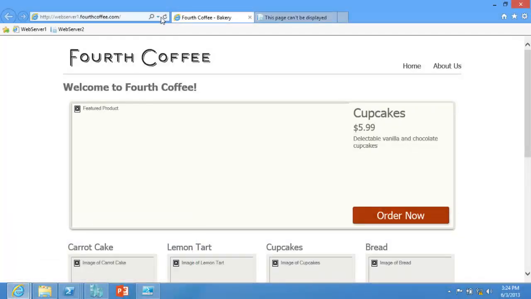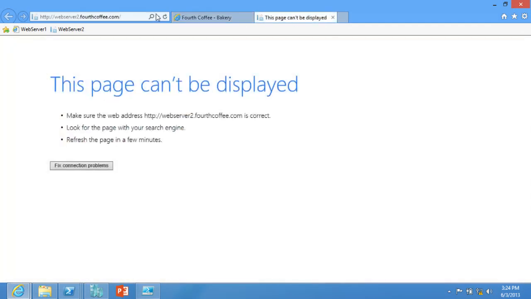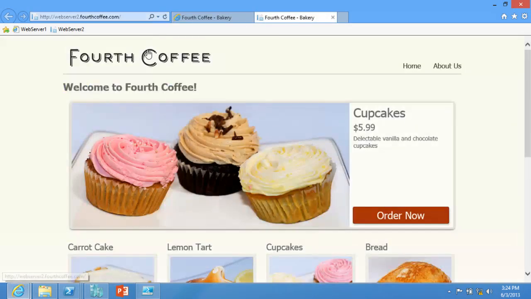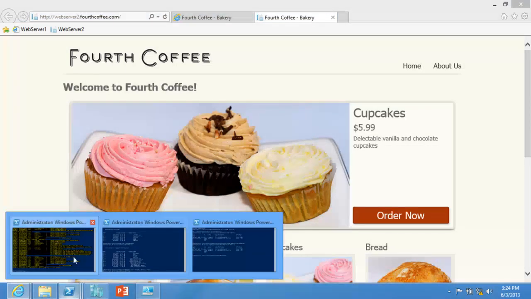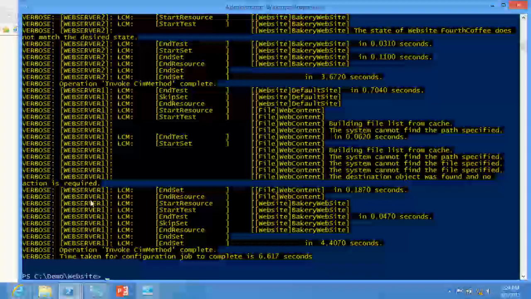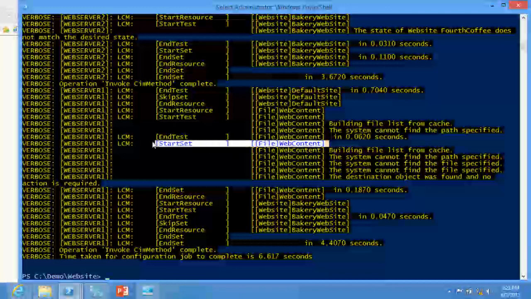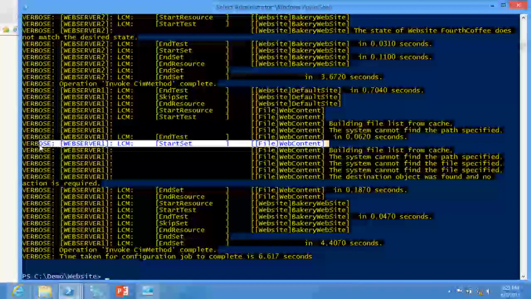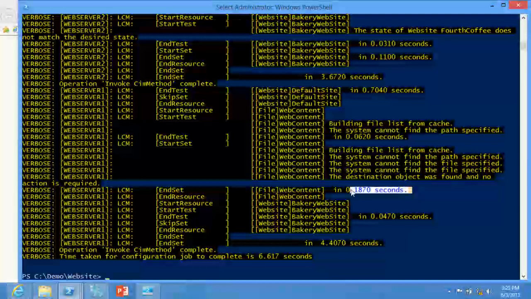Oh, yeah. There we are. Hey. Think we can get over that? And we got the process. Thank you for the enthusiasm. Sadly, this does not work for your operating system source code. That's right. And you notice right here it starts to tell you, right? It starts the set here on file content. That's the one. It said, okay, Web Server 1, your file content's wrong. I'm going to go ahead and reset it. And then at the end it finished that particular web copy in like point whatever it is seconds.